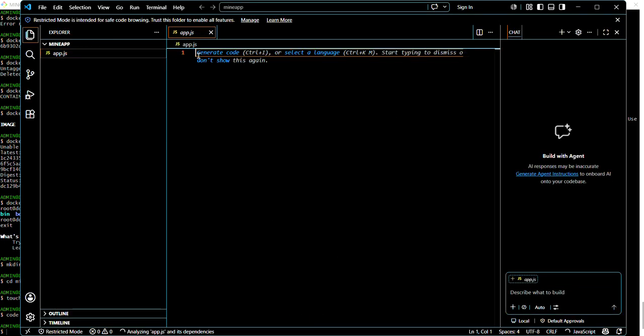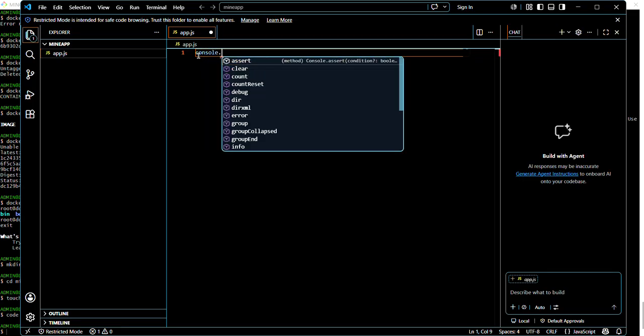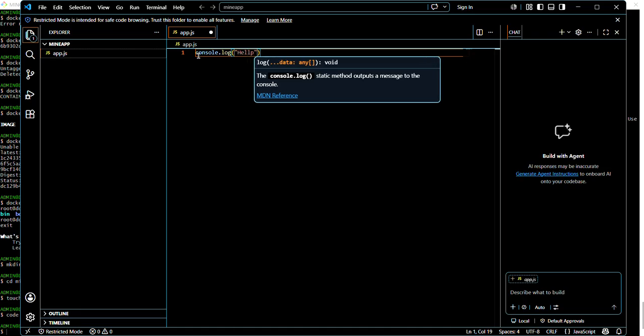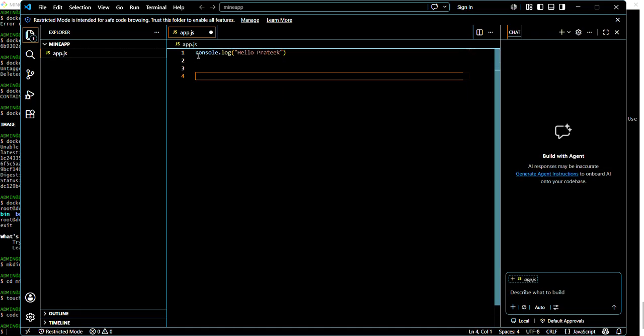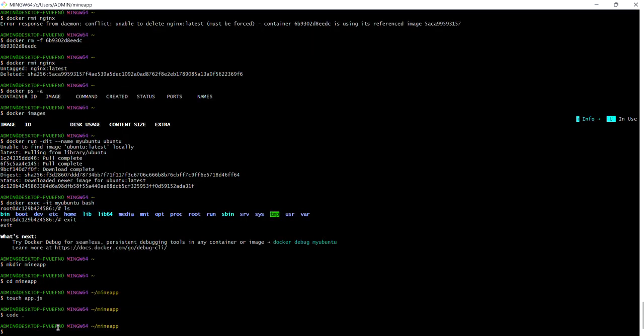We need to write. Then console.log hello Pratik, is this. Now we need to save it. Once we get the save option done, we need to create a Dockerfile.